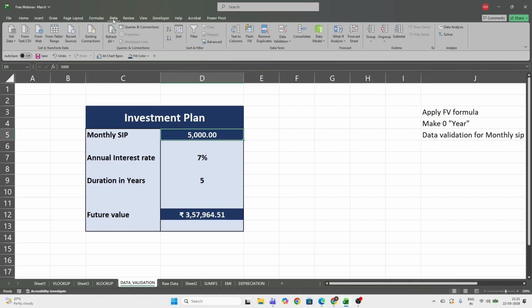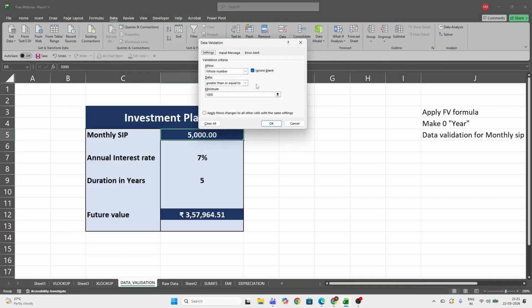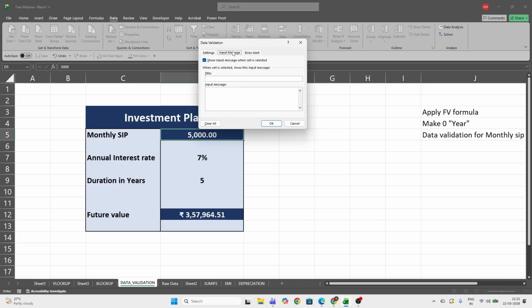You go to Data and Data Validation again. In the Allow box, we're going to select Whole number, and in the Data box, we're going to select greater than or equal to. Greater than or equal to 5,000. I'm going to set my minimum investment as 5,000, so I enter minimum 5,000, and in the input